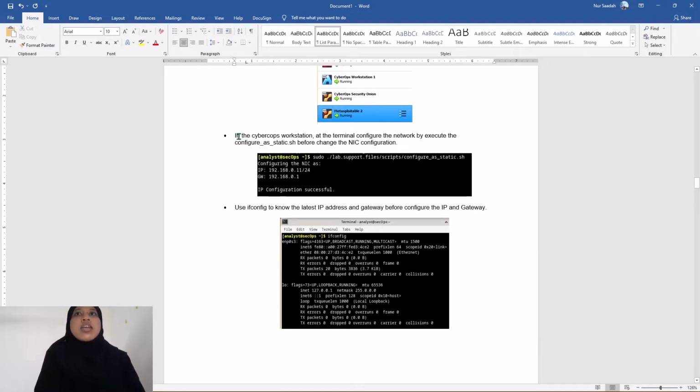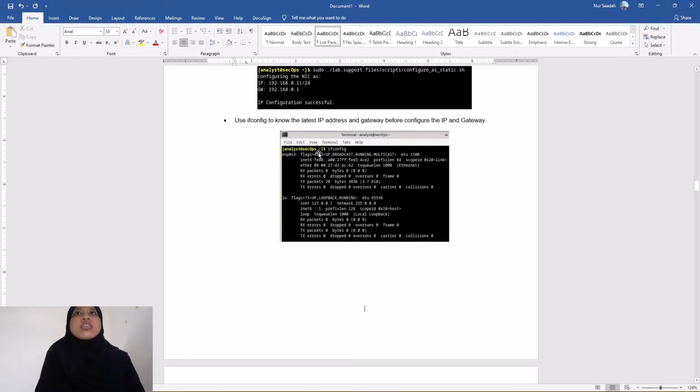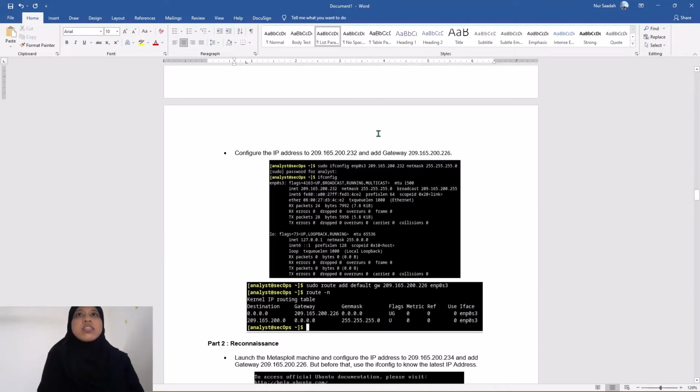Okay. Next, in the CyberOps workstation, at the terminal, configure the network by executing the configure_as_static.sh script before changing the NIC configuration. Next, use ifconfig to know the latest IP address. Then next, to configure the IP address to